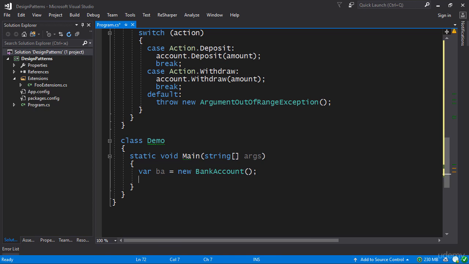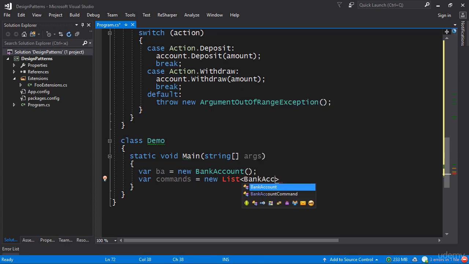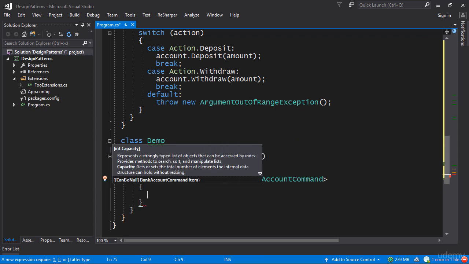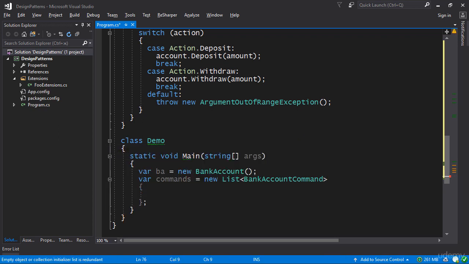Now I don't need just a single command. Maybe I want to process a batch of several commands. So I'll say var commands equals new list of bank account command. There we go. And here we'll have two commands, one for depositing and one for withdrawing. So I'm going to have a deposit of 100. So I'm going to have a new command,